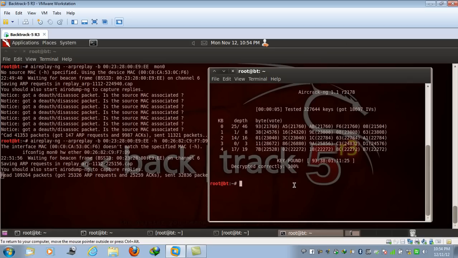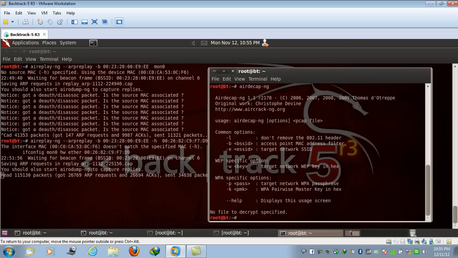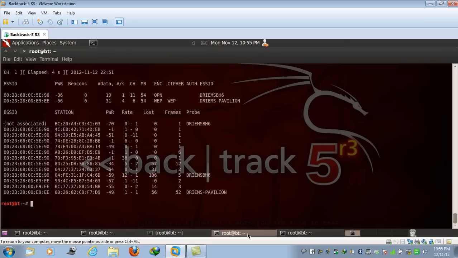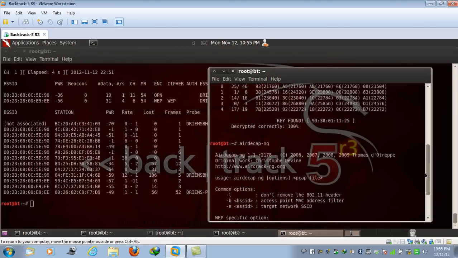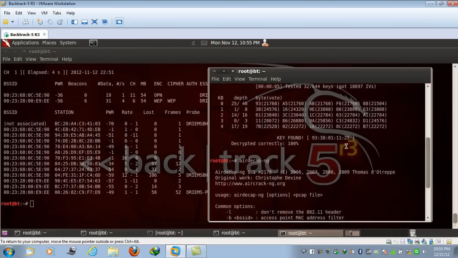There is a very good utility in the AirCrackNG suite of tools known as AirDecapNG. It asks for the passphrase that we have captured, via the -w option. So just give the -w option and use that particular key, which is, I think, 9338.